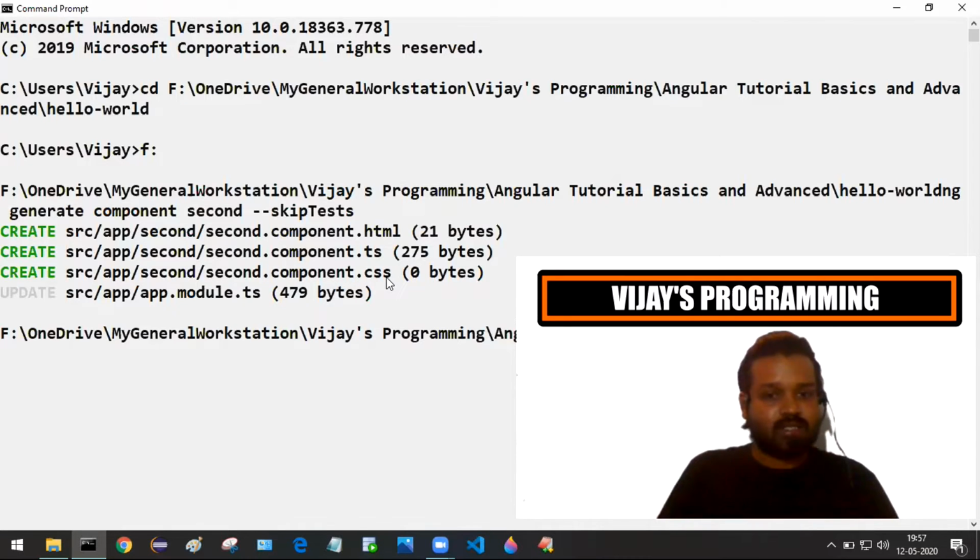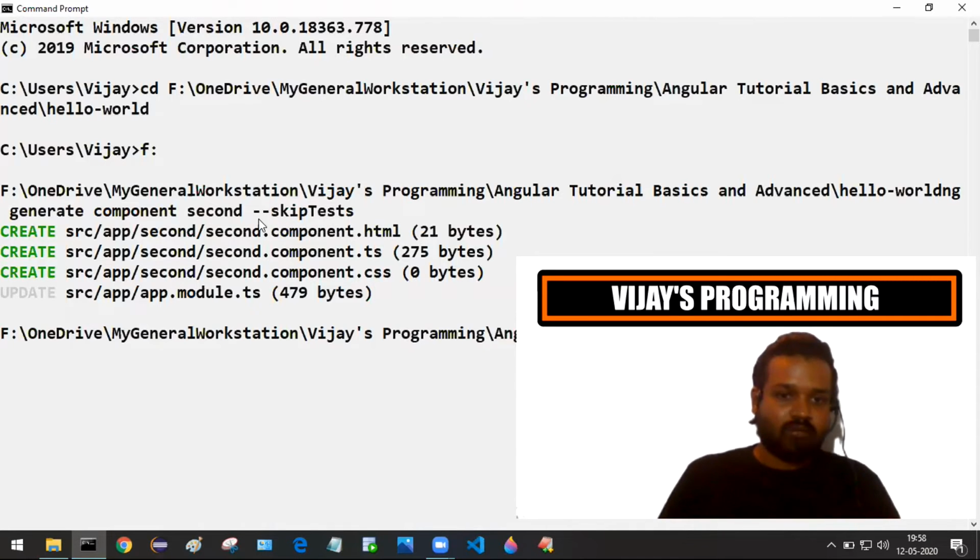It has skipped the second.component.spec.ts file. That is what we told Angular in the option. While creating the second component, we told Angular that we don't need this test file. We are not going to concentrate on or use this test file.